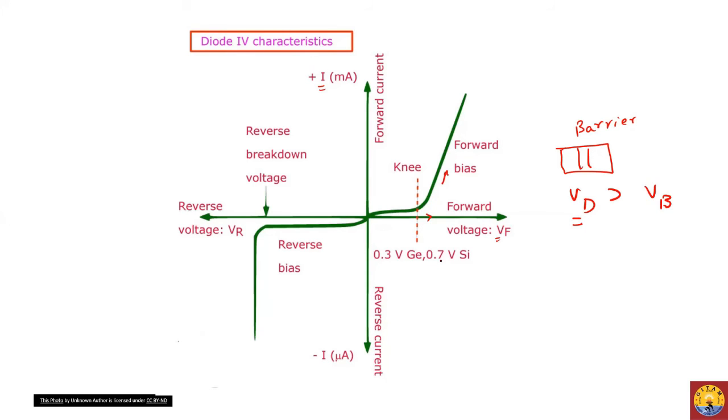Okay, so for silicon it is like 0.7 volt. So you should have VD, the potential, greater than 0.7 volt. Then you will have an increase in the current. And similarly, in case of germanium, you should have a diode voltage more than 0.3 volt. So then you have current in the forward bias. So this is clear. So here we can see that this is not like Ohm's law, a straight line. It's a non-linear structure or plot.